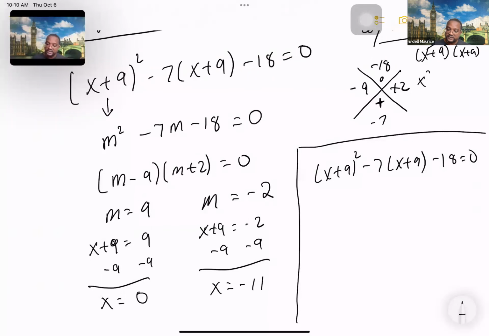X times x is x squared. X times 9 is plus 9x. 9 times x is plus 9x. 9 times 9 is plus 81. And so it's going to be x squared plus 18x plus 81